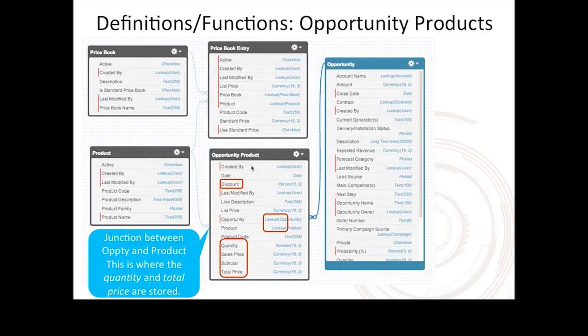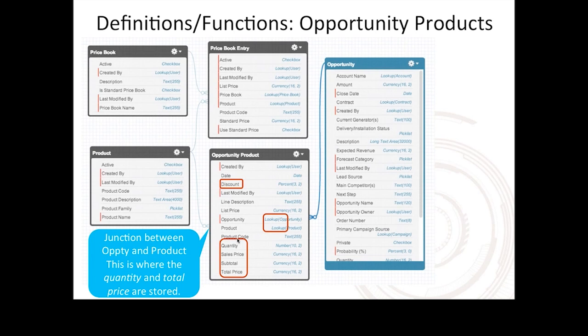There's actually some code in the background that Salesforce includes out of the box that creates an opportunity product from a price book. Notice that there's no connection directly from these, but there is a common many-to-many relationship through the product with the price book and the price book entry. So the code creates a new opportunity product when we add that product to an opportunity, and we can add